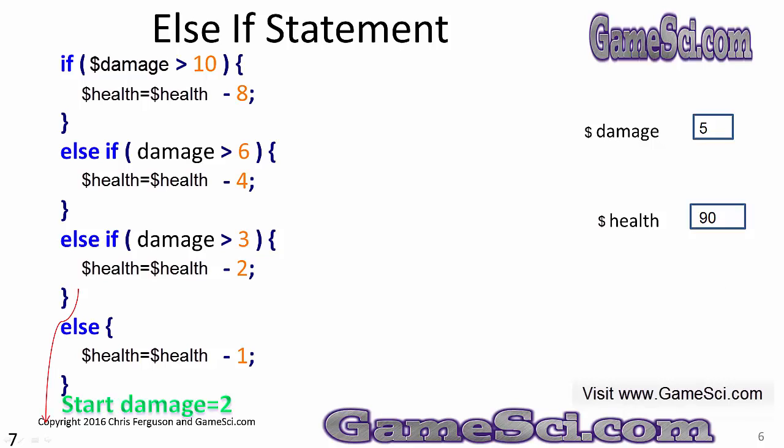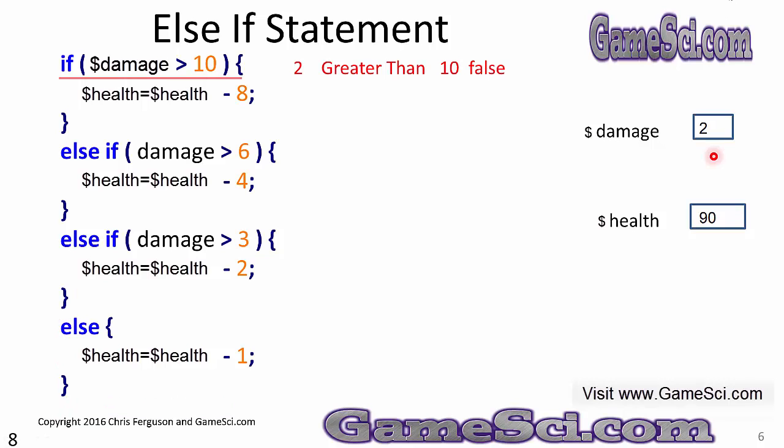Set damage equal to 2 and try this again. You can see I've updated the damage variable to 2. My health variable contains 90 again. This looks like code I'm going to run every time I get hit. Every time my player in the video game gets some sort of hit, either a punch or a bullet or